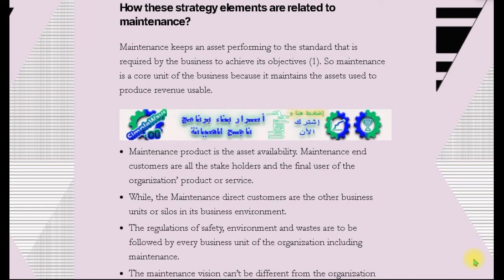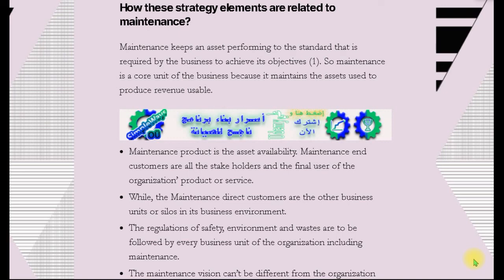So it's a core unit, and its main target is to maintain the assets that produce the end product, and producing the end product will generate revenue for the business. So the maintenance product actually is the asset availability. And the maintenance end customers, the absolute end customers, are the stakeholders and the final users of the organization's